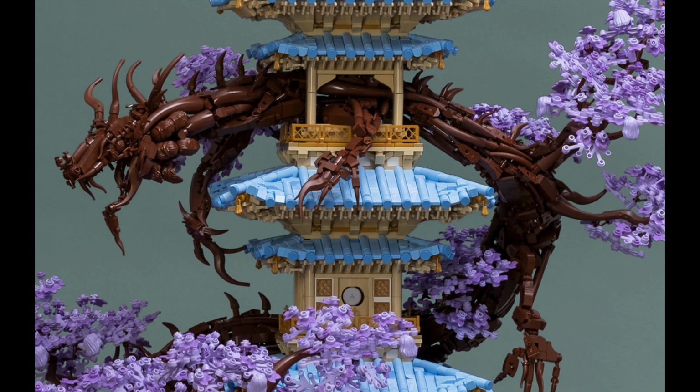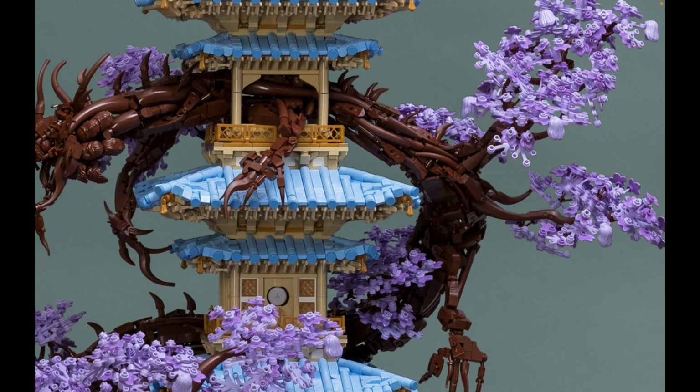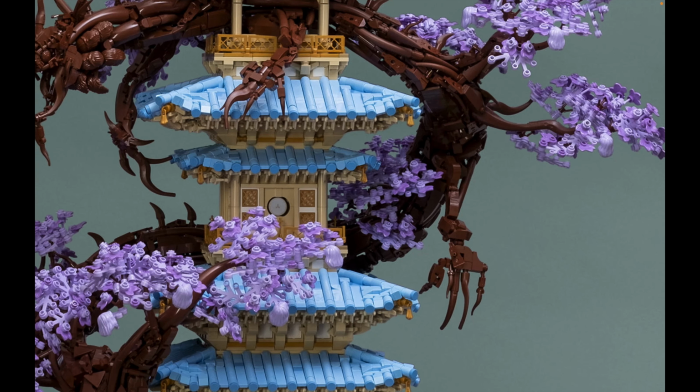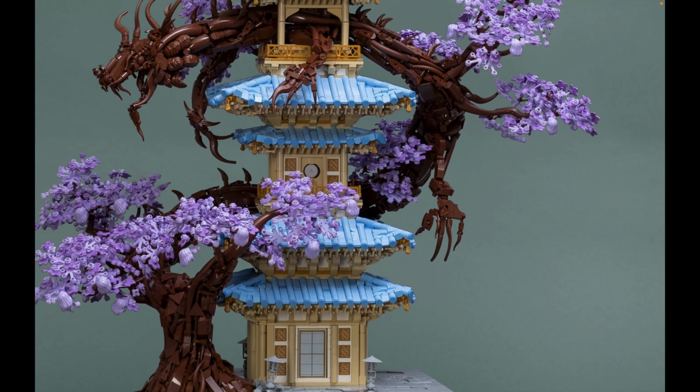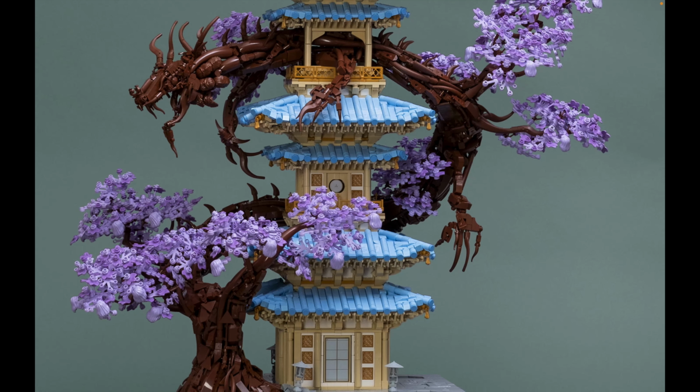Look at how the princess hair is used on the dragon's neck. That is fascinating parts usage. You've got more hair pieces used in the leaves of the tree as well, and I love these colors. I've been really big into pastel-y colors in the last year or so, and so to see this really light blue color used for the pagoda roof and then the lilac and medium lavender used for the leaves,